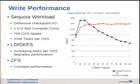So as you crank up the number of tasks per node, which is what we expect to do for our Sequoia workloads, right? We expect to be doing a lot of defensive I/O, and we've got 1.5 million cores, only 768 OSS nodes. So if you divide it out, that's about 2 thousand cores per node. There may be some level of aggregation going on there, but we're going to have lots of different concurrent streams writing to this server. The graph I have here only goes up to 104 to 1, but you can see that basically, as you increase the number of tasks, LDiskFS performance drops off, but the ZFS performance stays consistent,